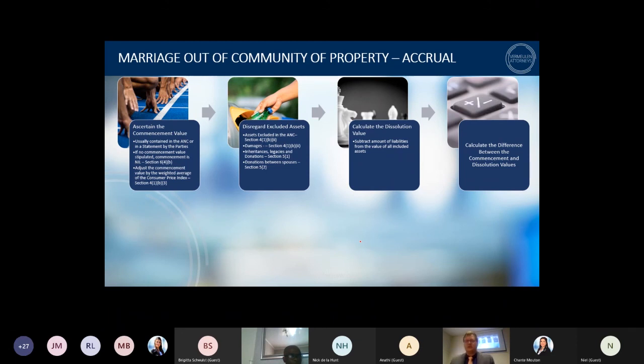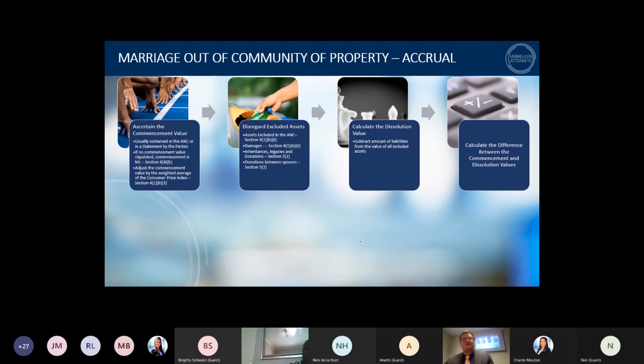Inheritances, legacies, and donations, section 5(1) are excluded, specifically excluded. Specifically also section 5(2), donations between spouses, excluded. I've got a matter now where my client is very angry at himself because he gave his wife a few months before the divorce a gift of a few million rand. Now she's saying, well, that's not part of the accrual, and she's right. So